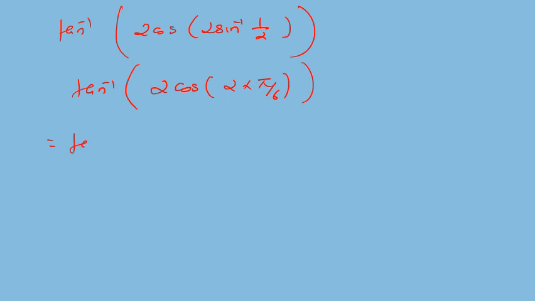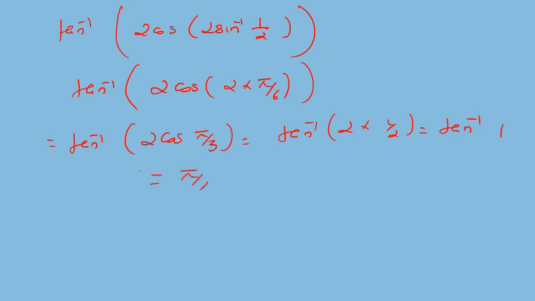So tan inverse 2 cos pi by 3. We can write it as tan inverse 2 into cos pi by 3, which is cos 60. Cos 60 is what? 1 by 2. So tan inverse 1. What is tan inverse 1? Tan inverse 1 is pi by 4. This answer is pi by 4. And next,